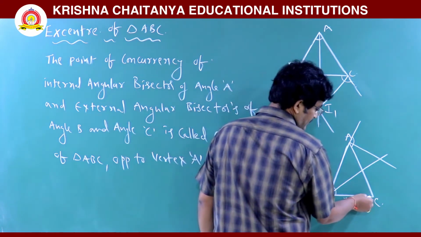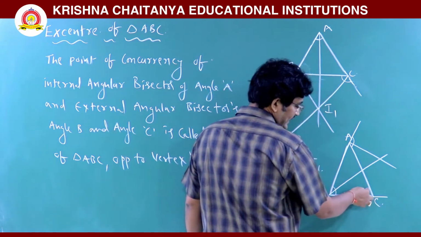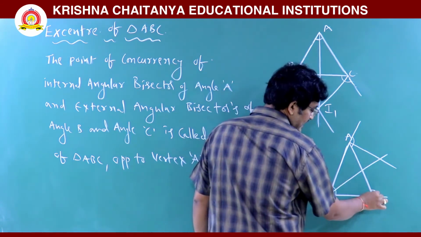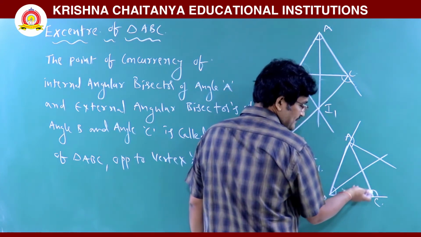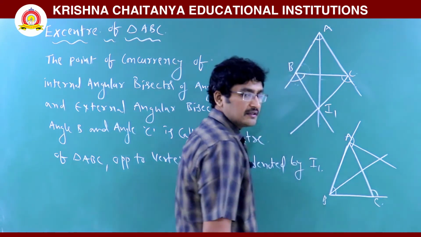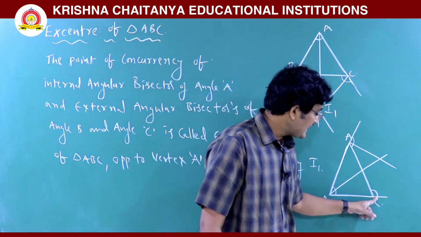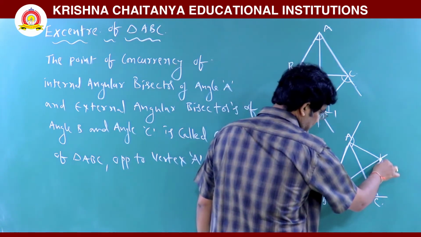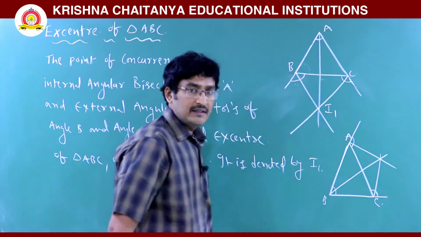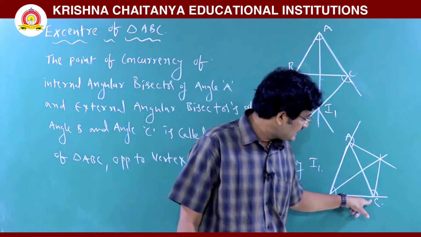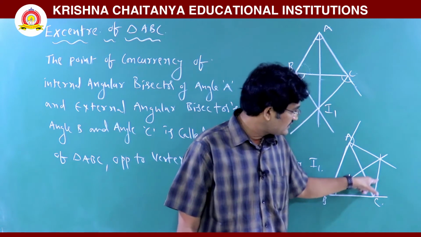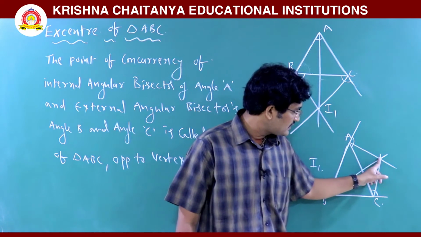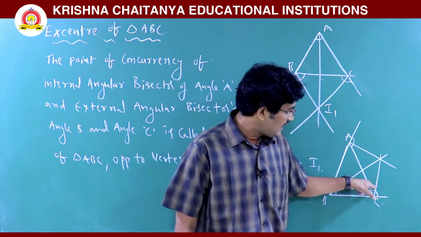In the same way, you have to extend this line. This is the angle C between these two sides, which is located inside of the triangle. This is the angle between the same two sides, but its location is outside of the triangle. So this is angle C, which is outside of the triangle. This is the line that bisects angle C. So automatically this one is the external angular bisector of C. So it is an internal angular bisector of B, an external angular bisector of A, and an external angular bisector of C.